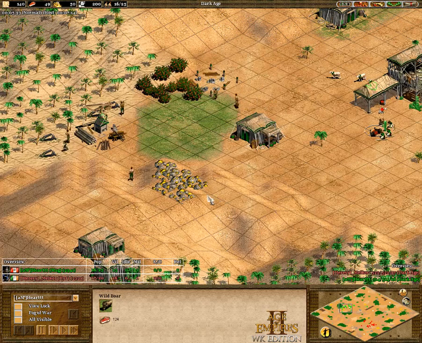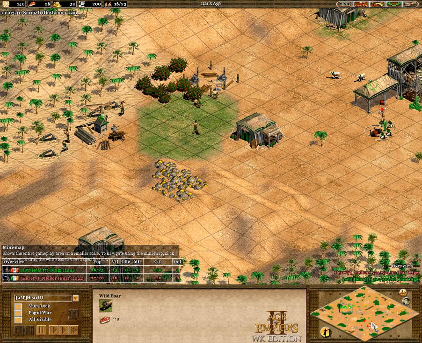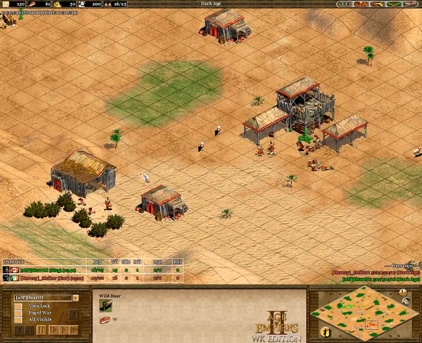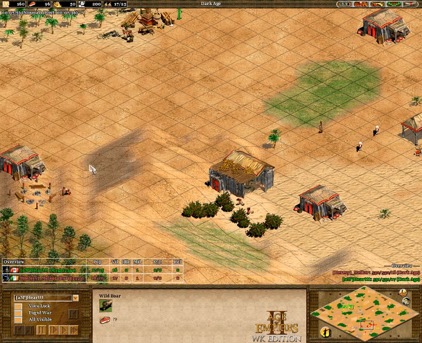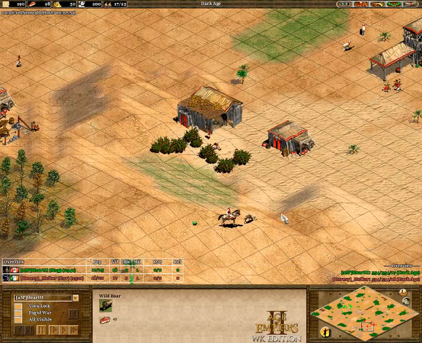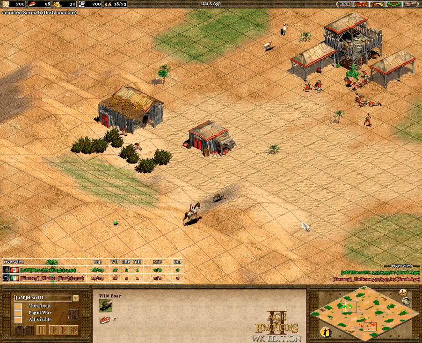and they're just really fast, very mobile. Now the Burmese, they get free attack +1 per age on their infantry, and they do have a very powerful Arrowby if Melkor decides to go into a castle and start creating Arrowby,